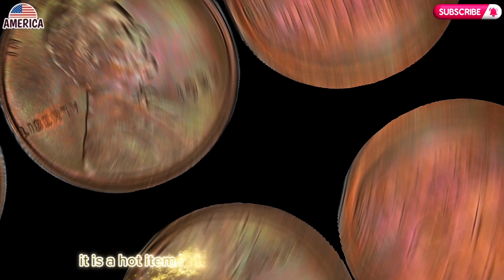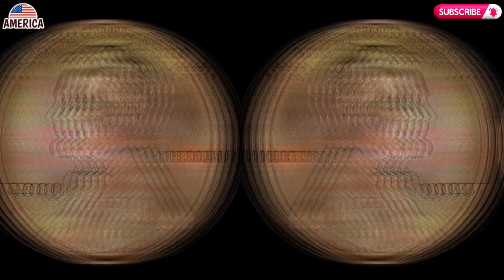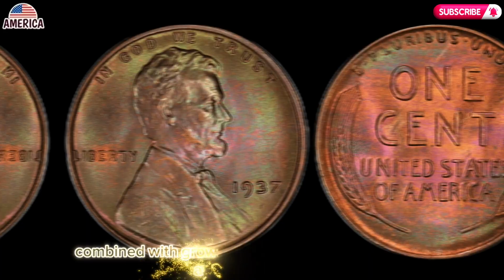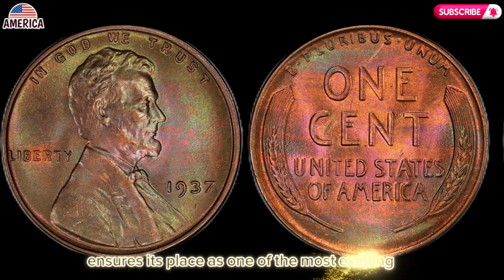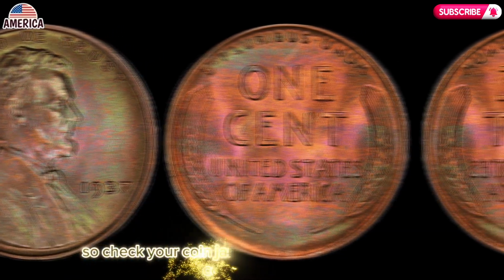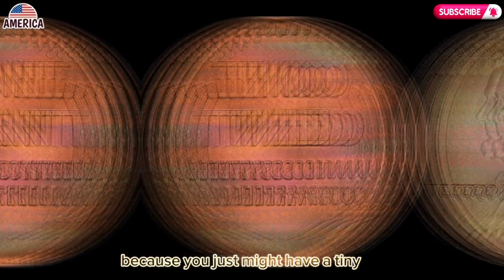It is a hot item in today's coin collecting market, representing historical richness, design excellence, and significant value. Its high demand, combined with growing interest from collectors and investors, ensures its place as one of the most exciting finds in the world of U.S. coins. So check your coin jars, old boxes, or inherited collections, because you just might have a tiny copper fortune